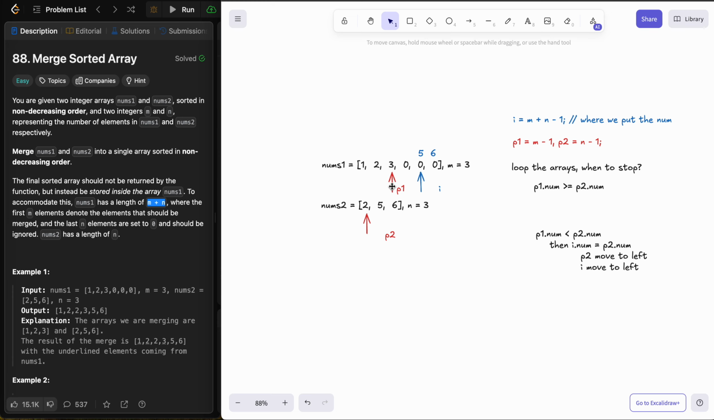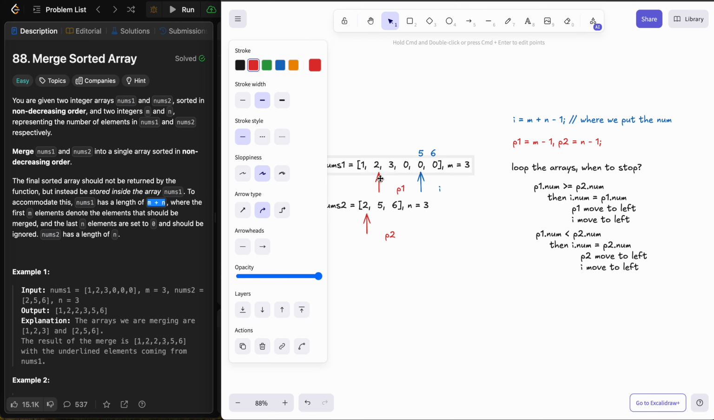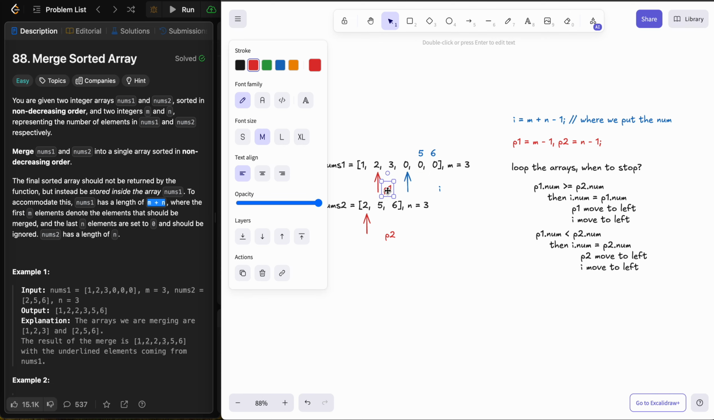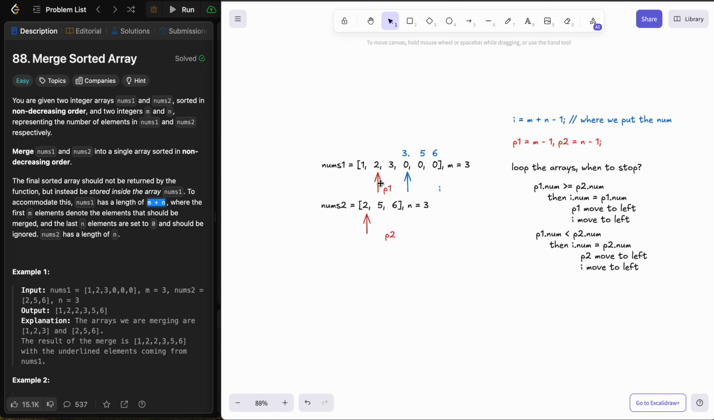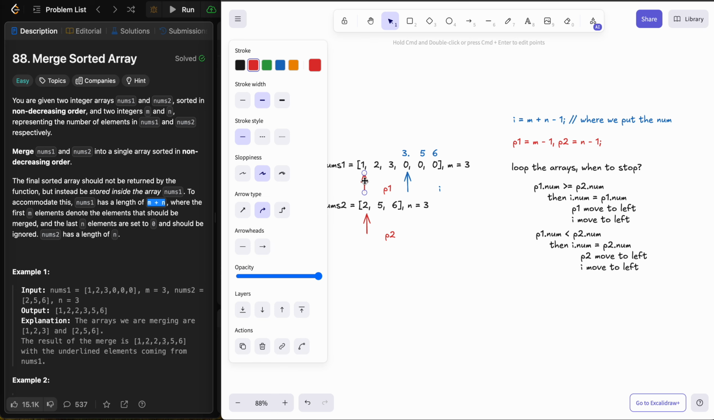And now P1 is finally greater than P2. So it means that here, the P1 number is greater than P2. Then the I pointer's number will be replaced with P1's number. And also we move P1 to the left, and I moves to the left too, right? And now we have number 3 here. And now they are equal, so the equal still meets the first condition. So we can move P1 to the left,